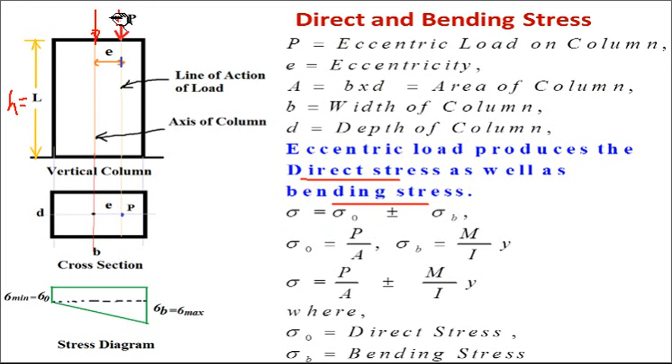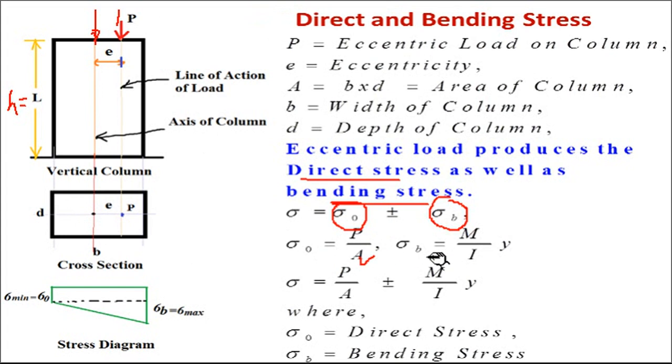Direct stress is developed due to the direct vertical load P. Okay. When this P is acting over the column, it is P divided by A, here you can see the formula. Total stress on the dam, sigma max or sigma minimum, equals sigma 0 plus or minus sigma B. Total stresses on the dam is nothing but the addition of these two stresses, direct stresses as well as bending stresses. Direct stress is nothing but P by A, force by area. Acting load divided by total cross section gives you direct stress sigma 0.